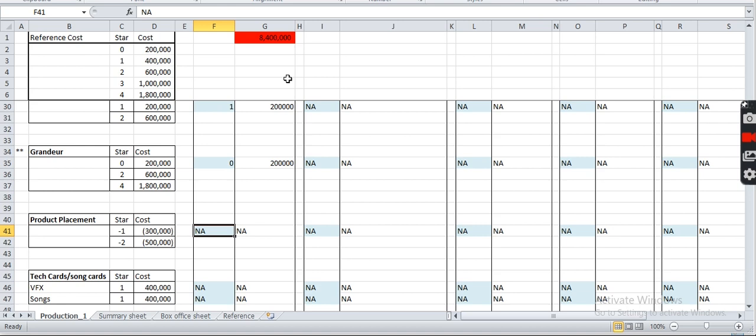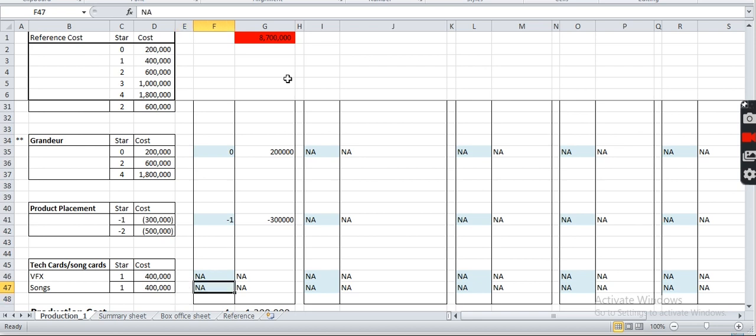This affects your star value in a negative way, but however, instead of a cost, you will also make some money. For example, if you decide to place a -1 product, the star value will reduce by 1. However, you will make 3 lakh rupees. That is savings out here. Say I decide, because it's a low budget movie, I probably would want to earn some money. So I have placed a product. And then we have VFX or songs. Say I decide to have no songs or VFX at all in my movie.